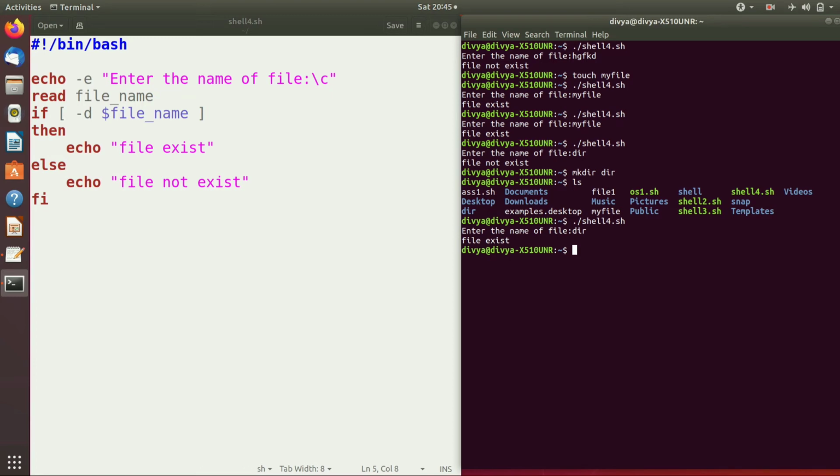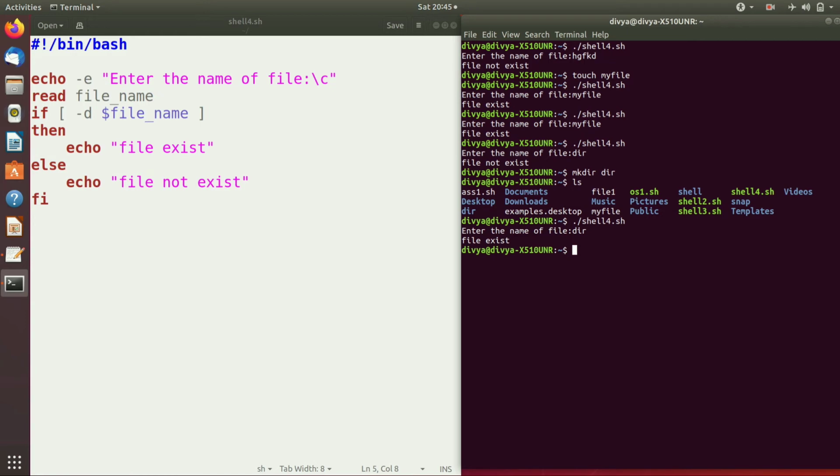Now there are some other flags which you can use. For example, there are basically two types of files. One is the block special file and the other is the character special file. A character special file is a normal file which contains text, data, something like this. A block special file is a binary file, for example a picture file or video file.